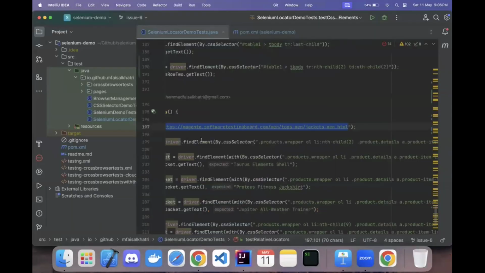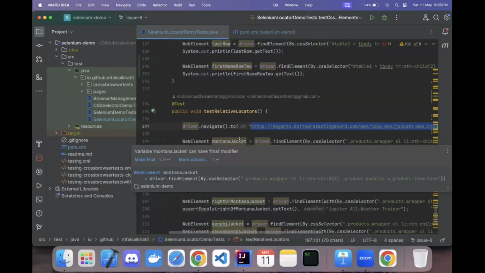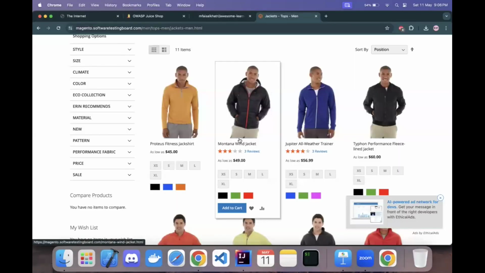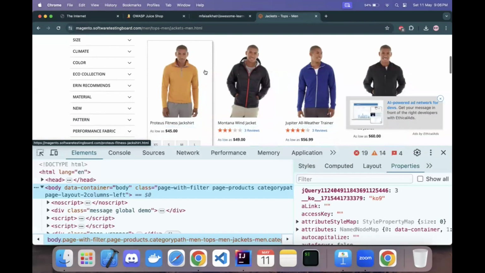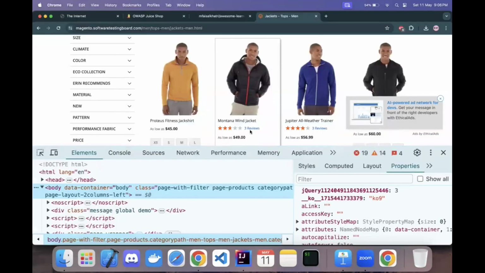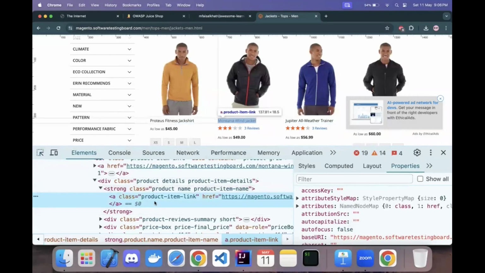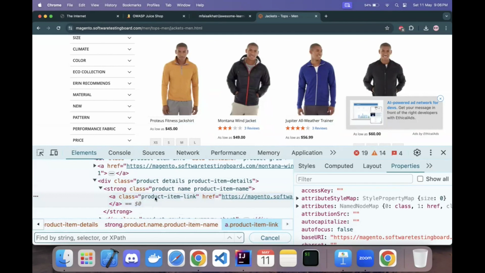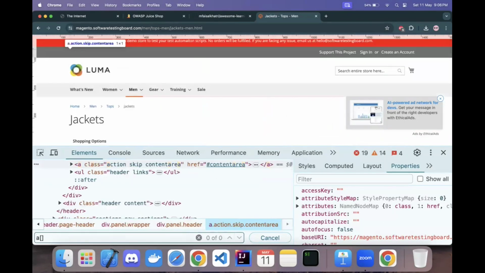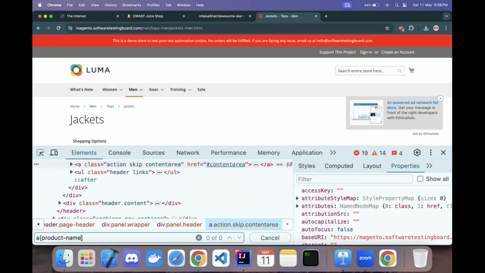Before we move on and use these relative locators, we'll ideally have to locate one specific locator that will be a target locator, and with reference to that locator, to left of, to right of, near, above, below, and other locators can be located. So let me open the developer tools, and we will just locate this Montana wind jacket first. So this is the name, and you can see we have a tag name, then the product name,